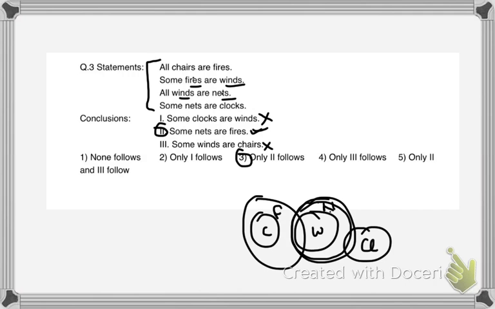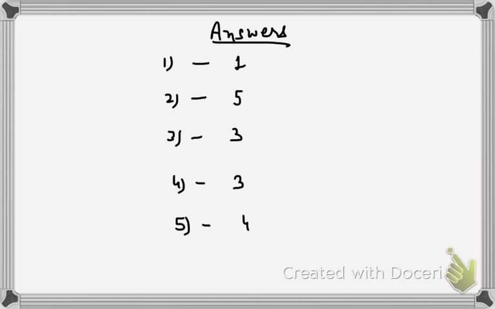So this is how you attempt your syllogisms question, and this is how I prefer, and by practice you can have a good hold over it. Okay, so providing you the answers for this. Now the answers for the syllogism section is for these, that is one, it is option number one. So this is your question and this is your option, so you can match your answers through this. Okay, because reasoning is one part where everyone is doubtful, so you can match your answers by this,